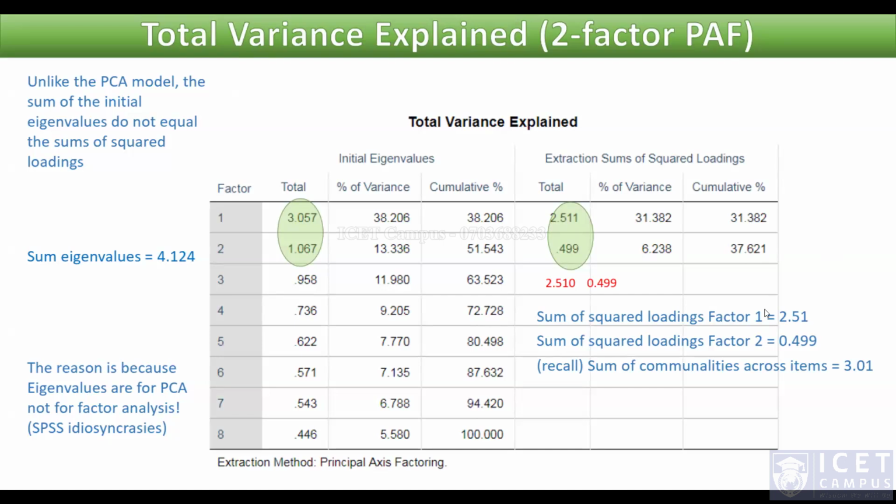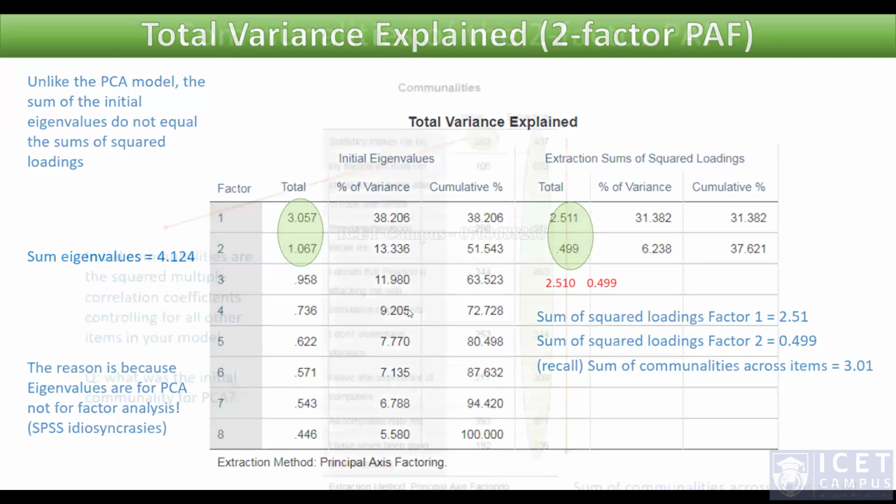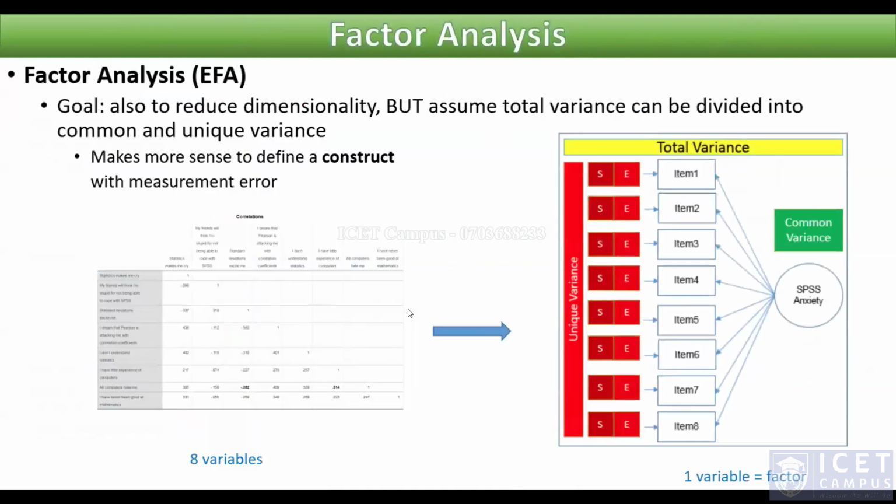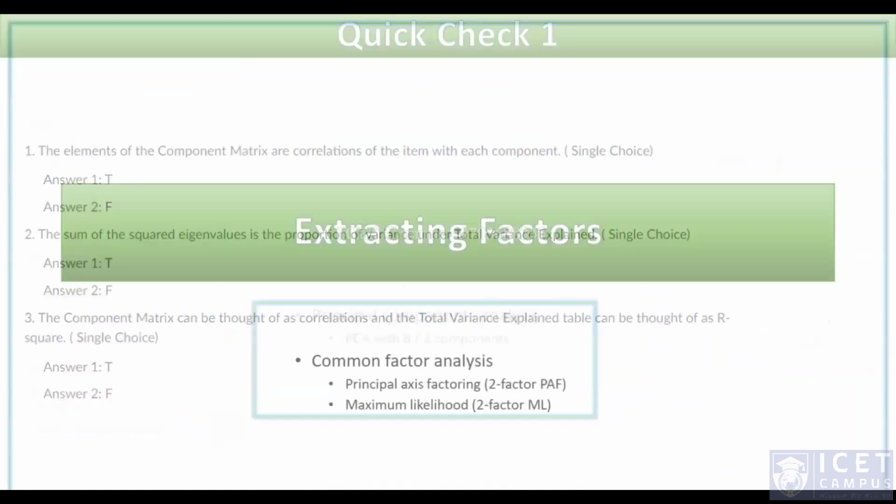Right, then two factors. You can see that the sum of the squared loadings in the first factor equals 2.510, and for the second factor, that is 0.499. And then the sum of the communalities is 3.01. Right? 3.01 is the sum of the